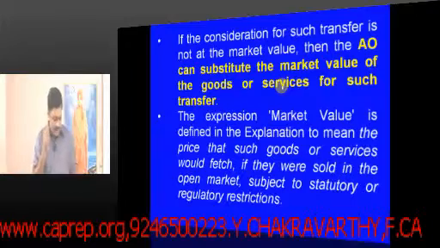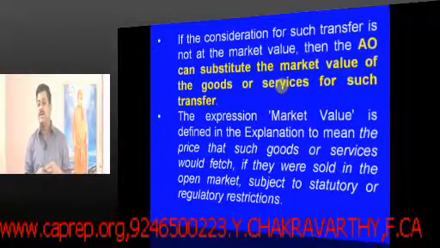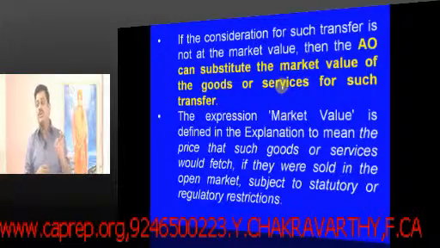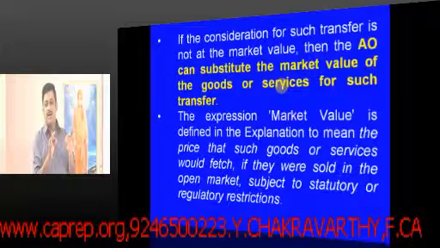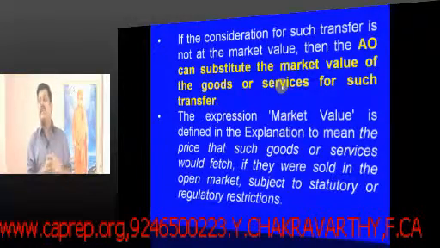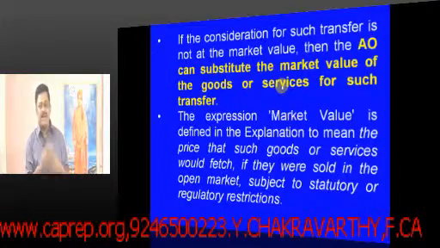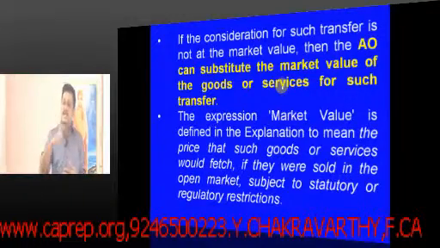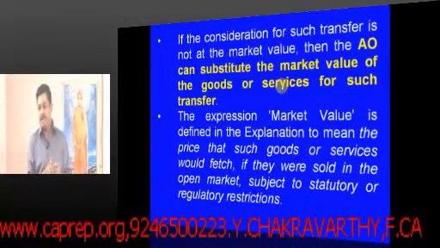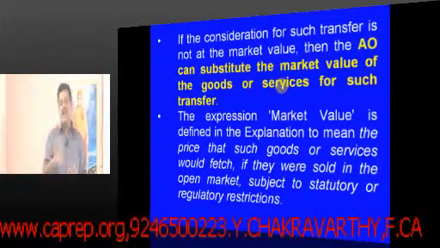So if you look at all this, the idea we get is that the law doesn't want to give the benefit of deductions on profits which are created artificially. Artificial creation of profits is what? I am dealing with a related party and I am doing that transaction at a price more than the market price, or if it is an expenditure transaction, I am doing it at a lesser price.